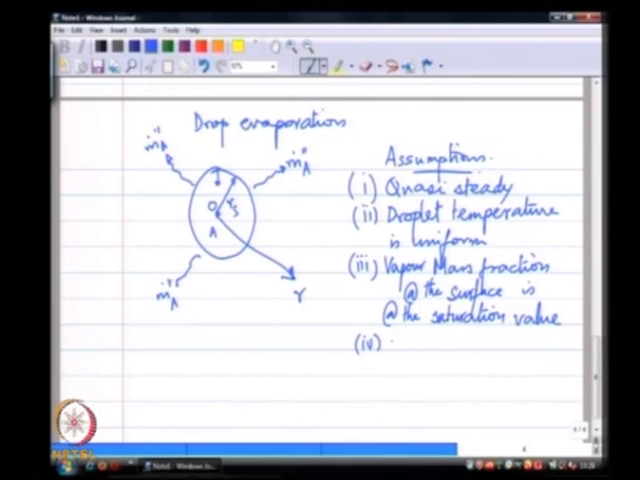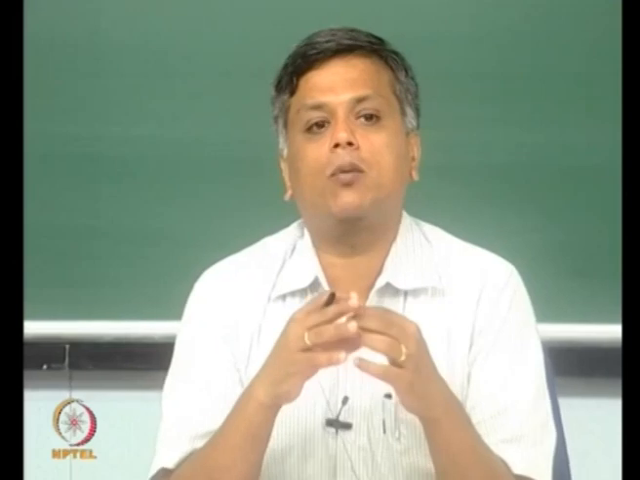Number 4, we are going to assume that properties such as rho, diffusivity are constant. So, that is a simplification that does not cost us much at this moment. Let us understand what 3 is, and to understand what 3 is, we need to understand how a droplet evaporates